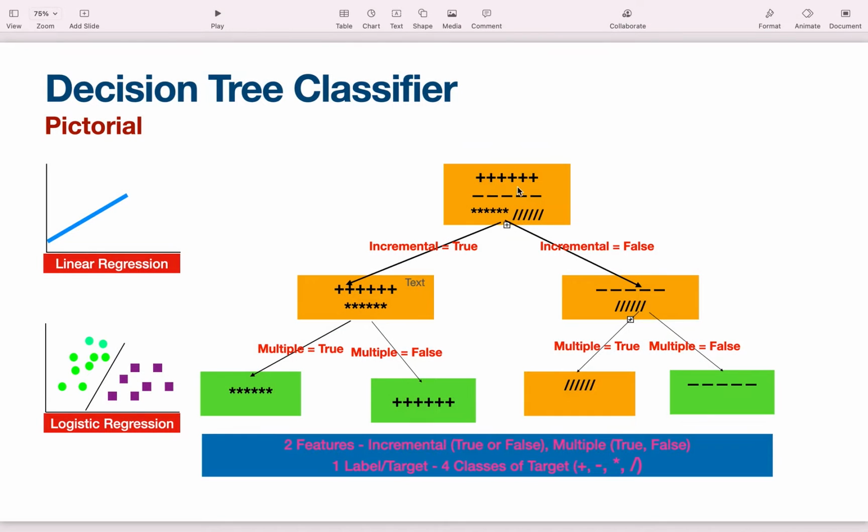And if you see, initially we start with the root node on the top. Let me minimize this. Yeah, so initially we start with the root node on the top, where you can see that there are four categories. So I've taken a simple example here which we all can correlate, but we'll go to another practical example afterwards.